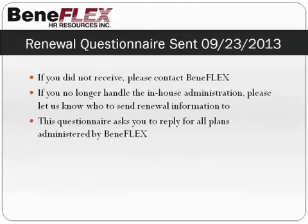The renewal letter and questionnaire were emailed to each client on Monday, September 23rd, and a second reminder was sent on Monday, October 7th, just yesterday. It is important that you reply so we can set a time for your renewal. We have many plans renewing at the same time, and by replying, it allows us to schedule a work plan for you. If you did not receive this email, please